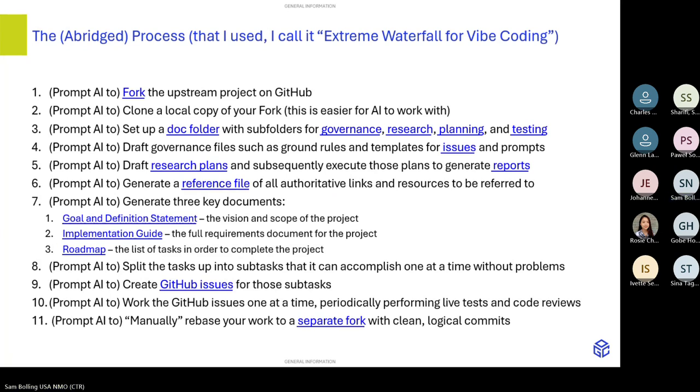Okay, I put this in a particular way because if you're thinking about doing it, or you're trying to figure out what he does to actually get something done. For me, you'll notice at the top of the title, I call this Extreme Waterfall for Vibe Coding. The waterfall part of it is this. Since I can't review the code and tell you if it's good or not, and I'm relying on it to be functional at the outset of this or at the end of this,